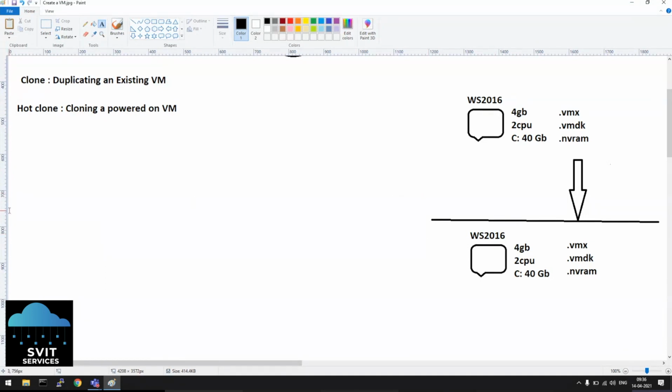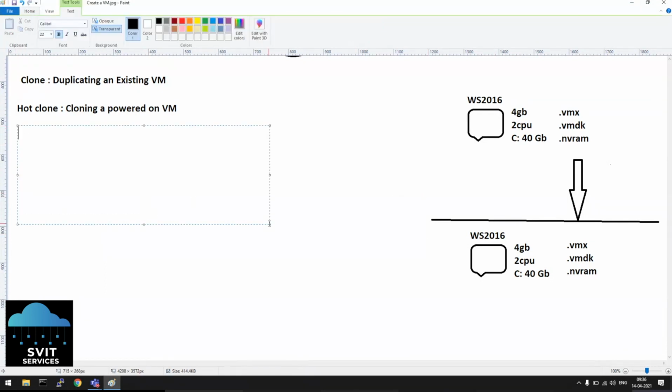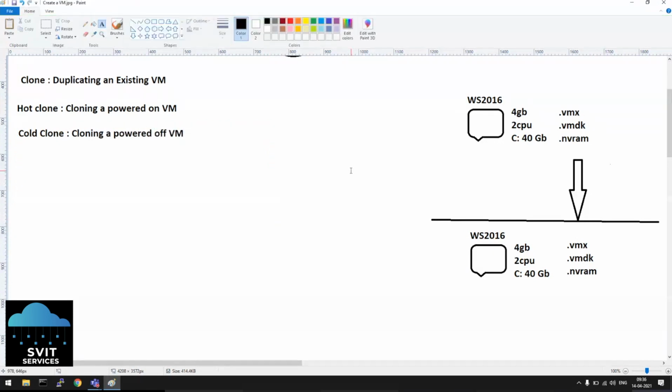It's called hot clone. The other is called cold clone: cloning a powered off virtual machine. If the source VM is in power off state for some reason, and you are making a duplicate of it, it's called cold clone.